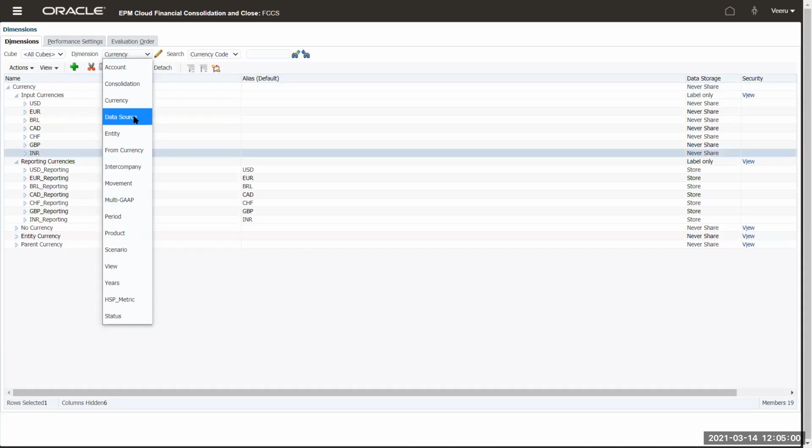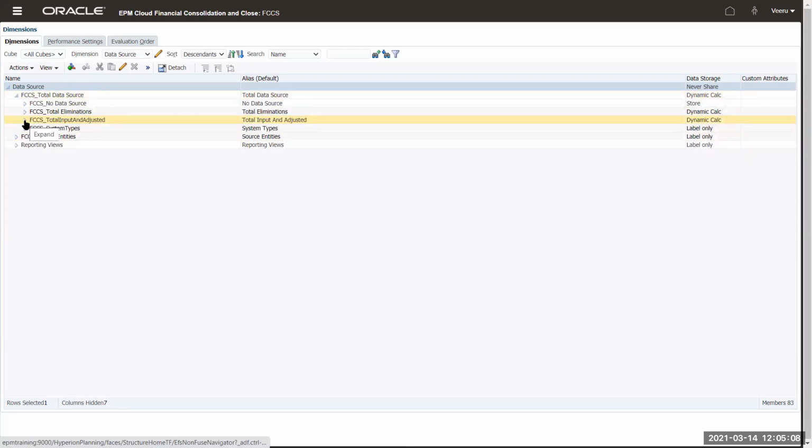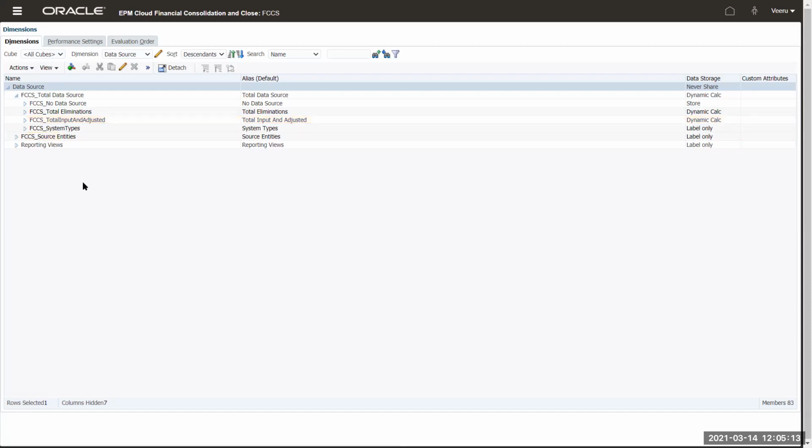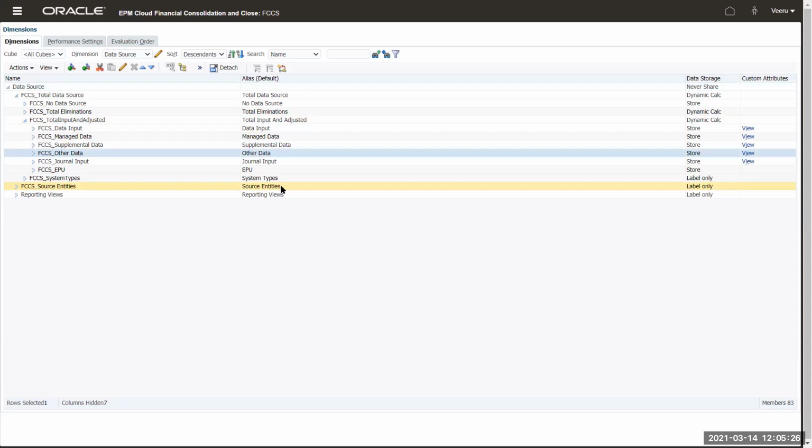Okay. Now data source. You can add as many data sources as you want, but there are certain guidelines given with the product development. Based on those guidelines, you can add your data source. Usually the data sources we have are enough for most customers. And remember in yesterday's session, there's an option called enable other data source member, right? That means this member will get created. If we don't enable that, the other data source member will not get created.